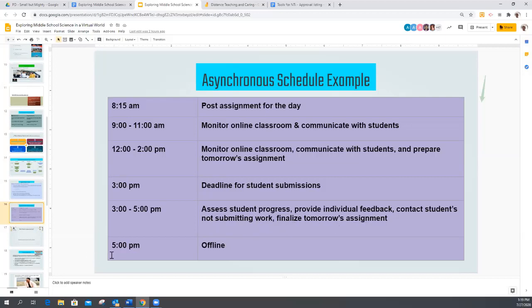And then I would guess that a number of you felt like you were never offline in the spring. You got to make sure you give yourself some offline time. Yes, you need to be flexible, but at the same time, you got to have a life and you've got to be able to take care of what you need to take care of. So I'm going to pause for just a second because there may be some more questions that I need to look at.